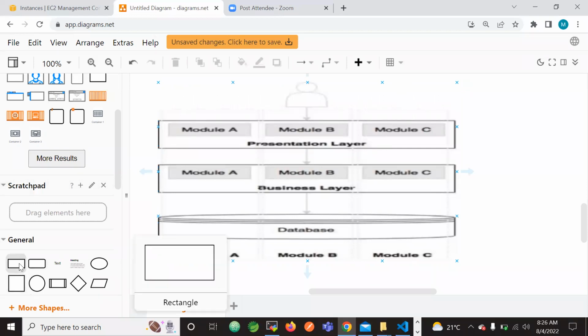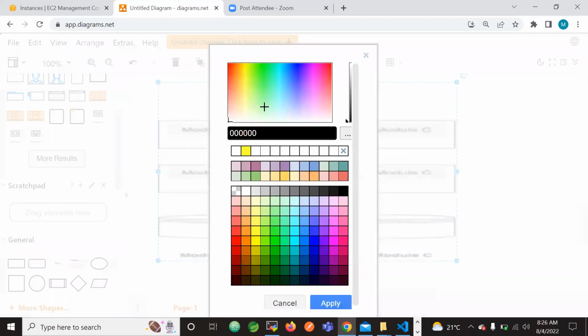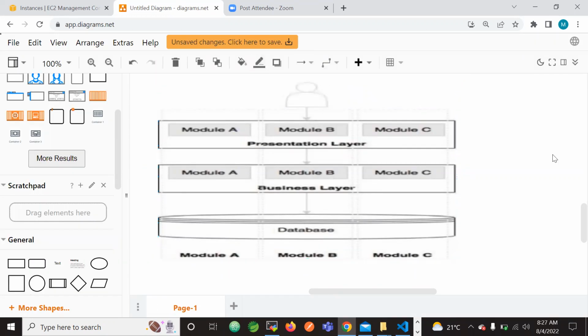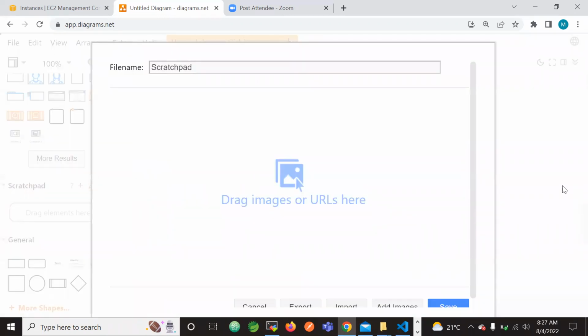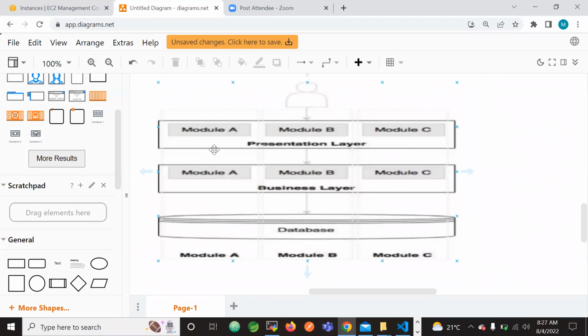Carefully observe. If we vertically divide this, let me just use one pen. What I'm trying to explain is this architecture.